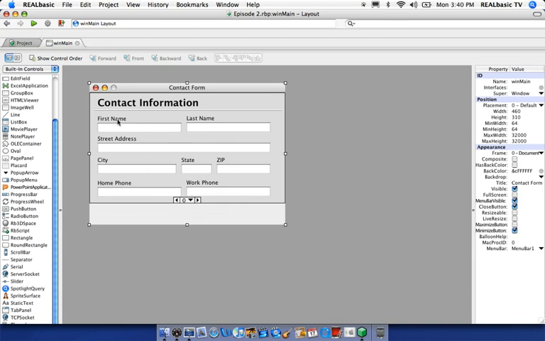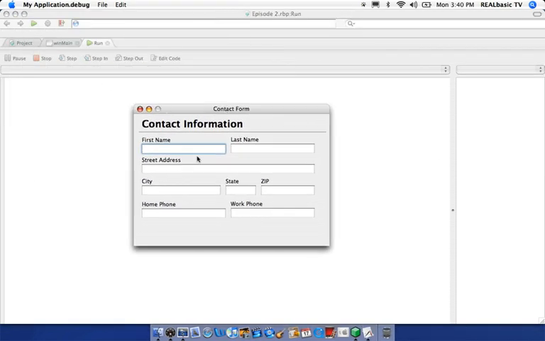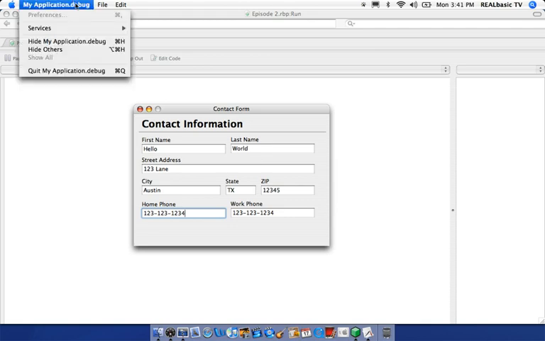So again, I'm going to go ahead and save that and run it just to show you what we have on the page right now. So we have all the edit fields that we created, and we can tab through each one, and the user can enter in the data, hello world 123 Lane, and then Austin, Texas, and we can enter in whatever we want in here. But again, this is only an interface right now, so this does absolutely nothing for us right now. But at least the user can enter in the data, and that's what we want. So let's go ahead and quit this application,